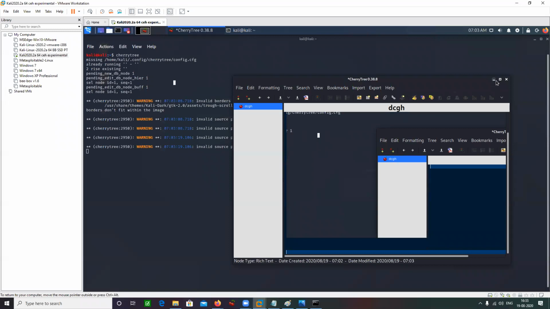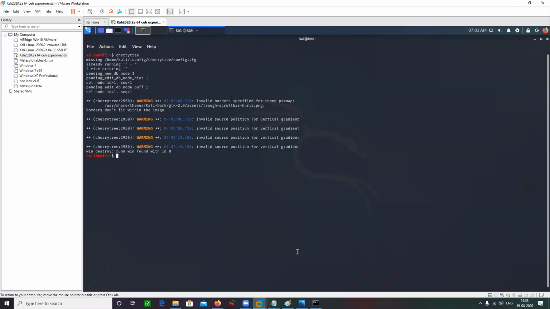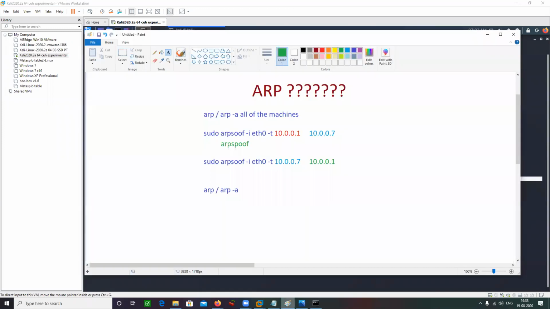So let's do one thing. Do this small assignment. Take a screenshot for IP addresses of all the machines by using ipconfig or ifconfig. Then take a screenshot of ARP table of all the machines before you have done ARP spoofing. After that, try running the ARP spoof command. Once that is done, check out the ARP table. If that ARP table has been modified or not, take a screenshot of it, paste it in the document, save the document, and mail it to me.